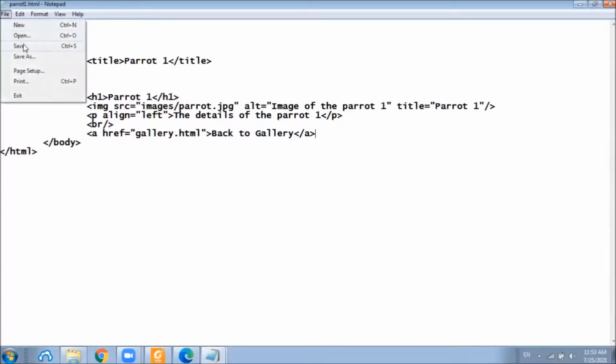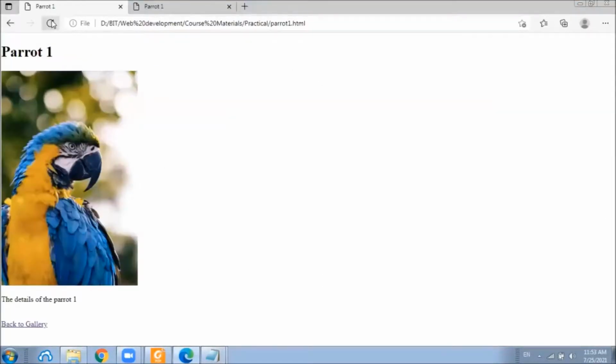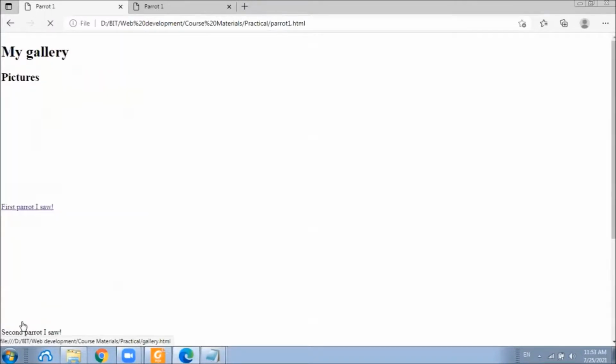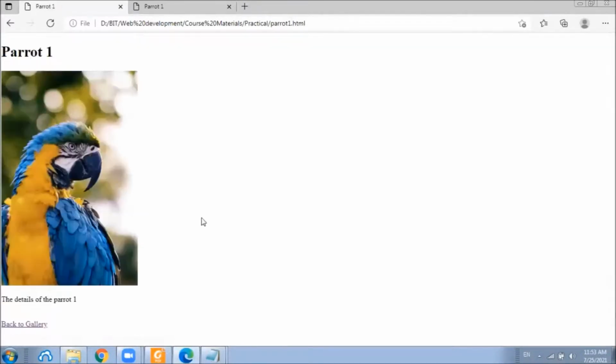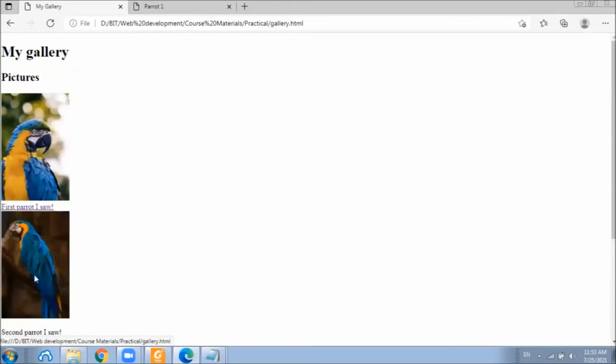We save it and refresh in the browser. Right, back to gallery. And we can traverse back and forth using the anchor tag. Let's create a separation between this first parrot and the second parrot. In order to do that, we will introduce a horizontal rule between the first picture's anchor tag and the second picture.